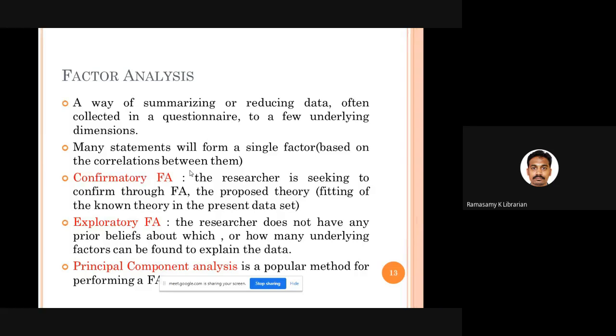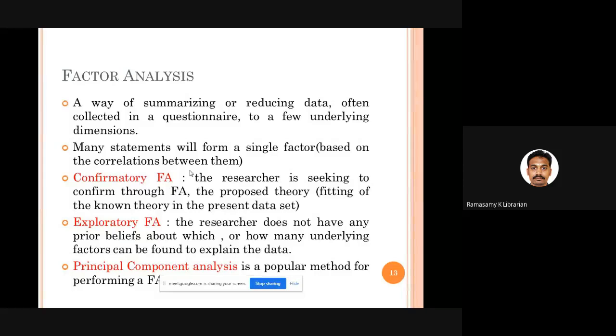Fine. And when you talk about factor analysis, we have 2 different methods. One is confirmatory factor analysis. The other is exploratory factor analysis. For example, you don't have any idea about the information literacy skills of respondents. You don't know what the factors are, what the major categories of information literacy skills are. You don't have any idea. What you've done is simply prepare some 40 statements on information literacy skills of students. Now you subject all these 40 statements to exploratory factor analysis.